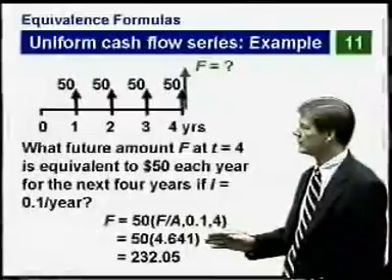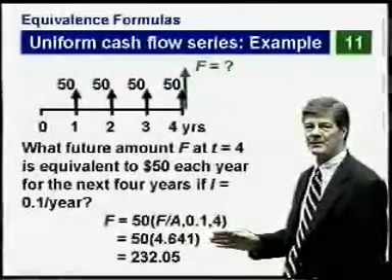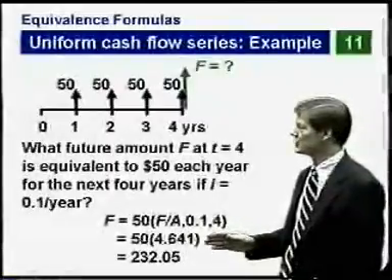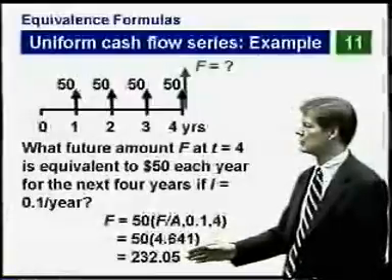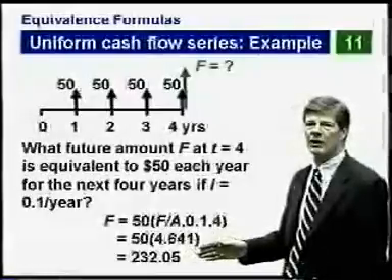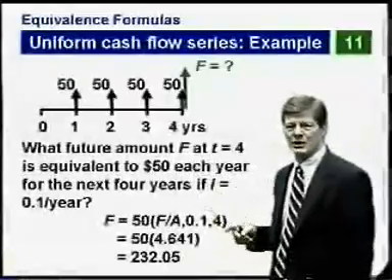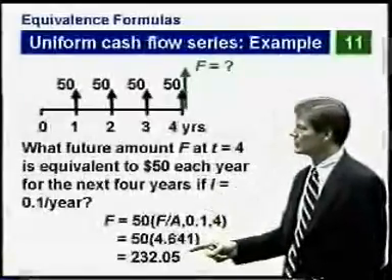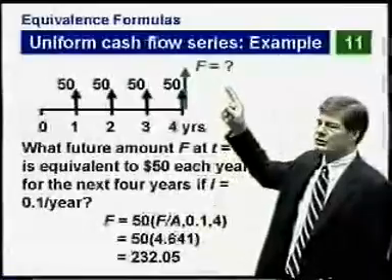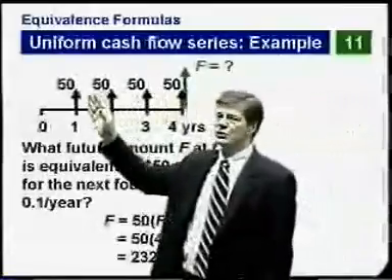I will find that value to be 4.641. Doing the multiplication, I find that F becomes 232.05. In other words, you would be indifferent in a choice between $232.05 in 4 years or $50 each year for